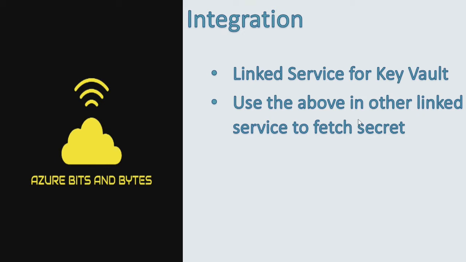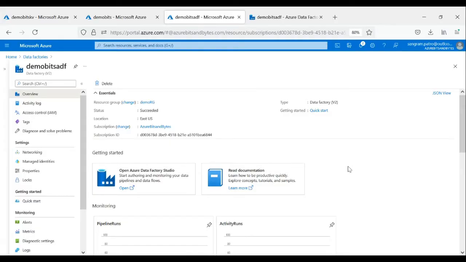So I'll do a demonstration. Let's go to the portal. Now let's define the problem statement. We will use this particular data factory and create a linked service to the storage account, and we will not persist the access key, but rather bring the secret value from the Key Vault into the system. So all these things will happen during the runtime.